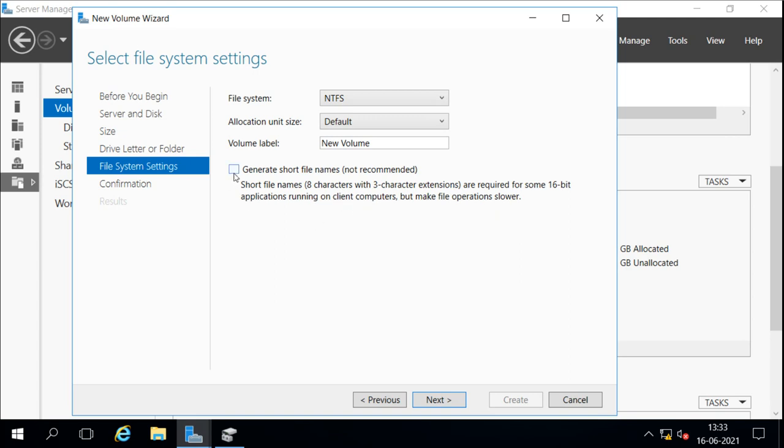This is not recommended, because it is required for some 16-bit applications running on client computers, but makes file operations slower. This is to support backward compatibility of old systems which run applications that support these small file names, 16-bit applications. So if you have some of those applications, then you should enable this. Otherwise it is not recommended to enable it, because it makes it slow.